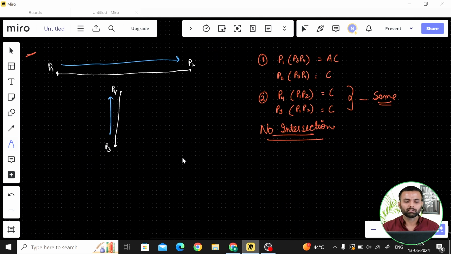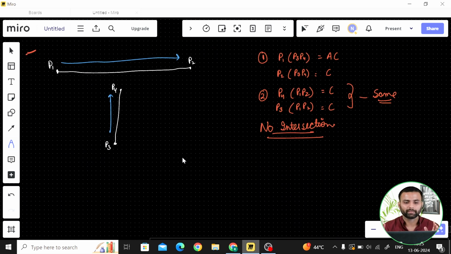Now let's understand this part when there is no intersecting point. Now, for example, your P3, P4 is this, right? Now I'm standing here. I have to check where my P1, P2 lie. So if you see here, when this is my line segment, I have to check where P1, P2 lie. In the first part, let's check for P1. If you see, we have to go like this, right? We just have to go like this. Okay, so in this case, what is it? It's AC, right?